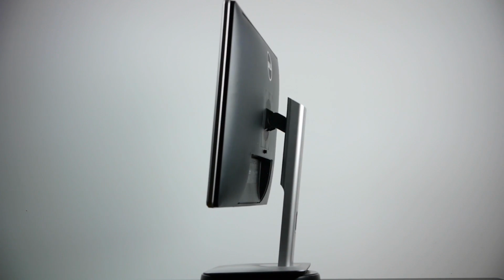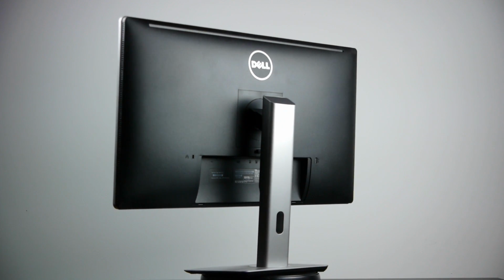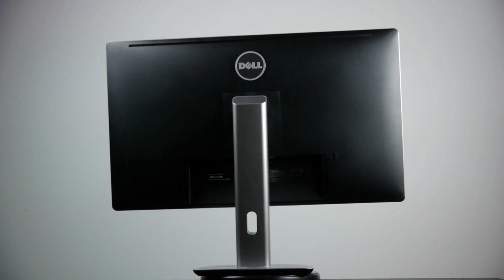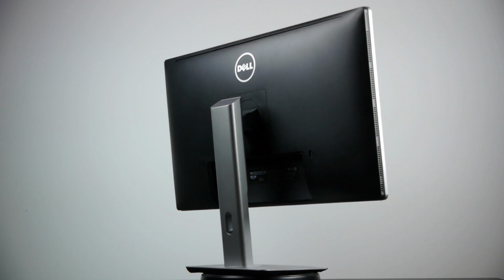But one of the main reasons I want to take a look at this monitor is that it's one of the first 27 inches to have the 60 Hz refresh rate and the IPS technology that comes at a price point that's very comparable to what Dell used to sell their 2560 by 1440 monitors. So if you're interested in how this monitor compares against some of the other stuff that's going to come out, like the 5K Dell monitor, as well as some of the other UHD monitors that we've reviewed on this channel in the past,